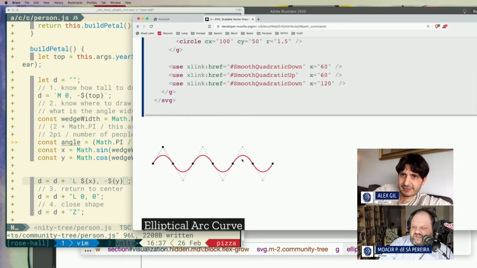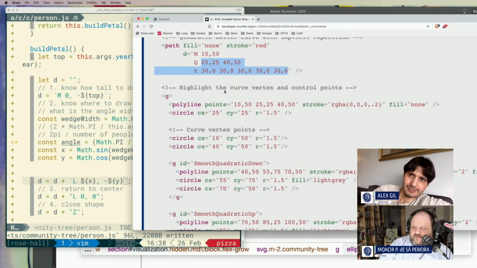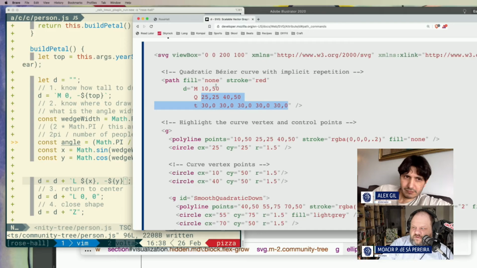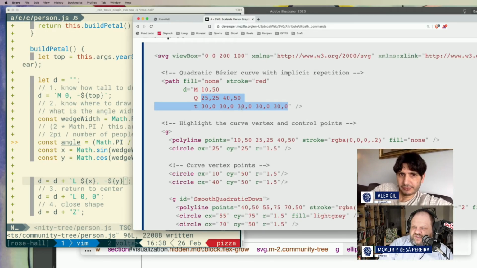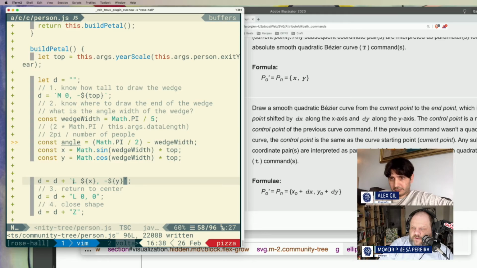But then how does this get this many lines? They don't do it again. Implicit repetition is what I want to know about. So what is t? So what if we do